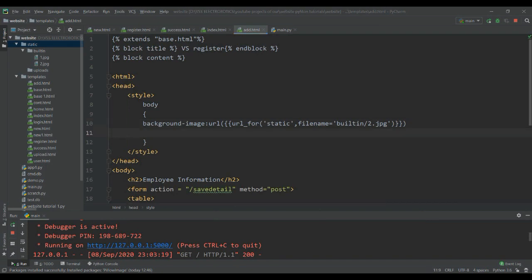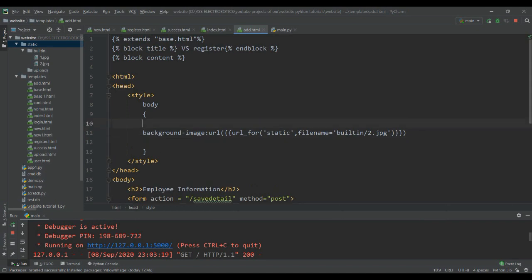In this file we're going to set the size. Background, before the image, there is background repeat. We are not going to repeat the background again, so no-repeat.